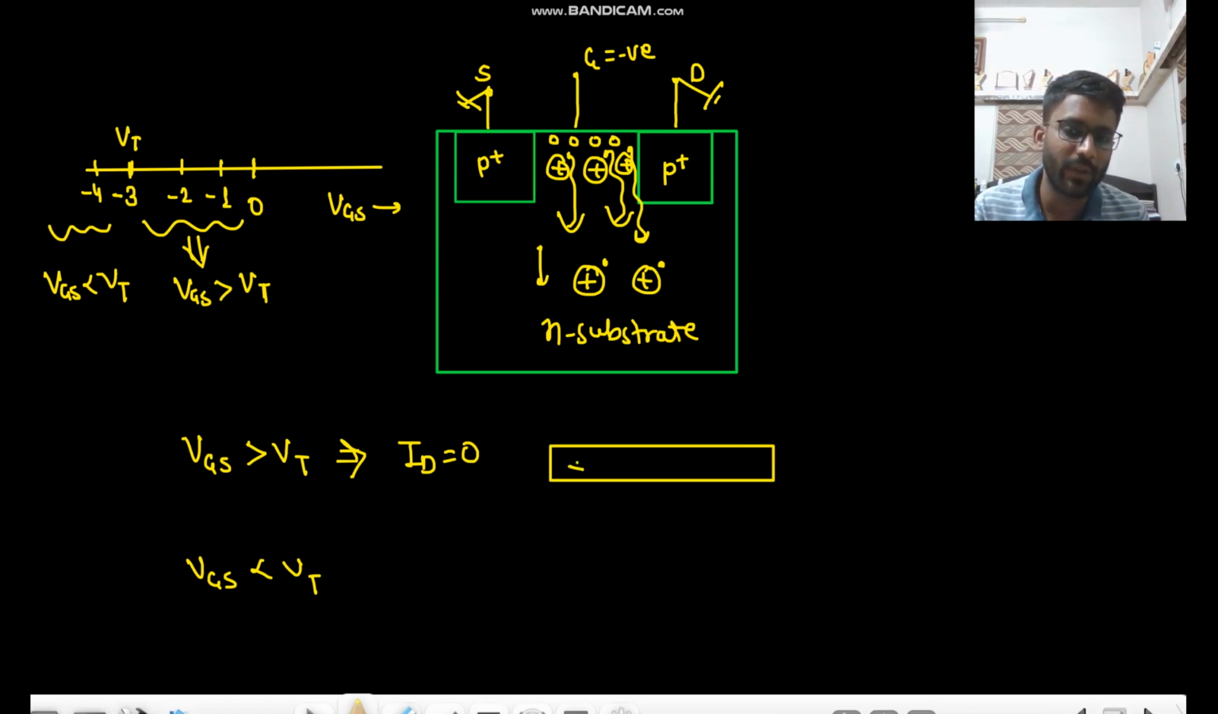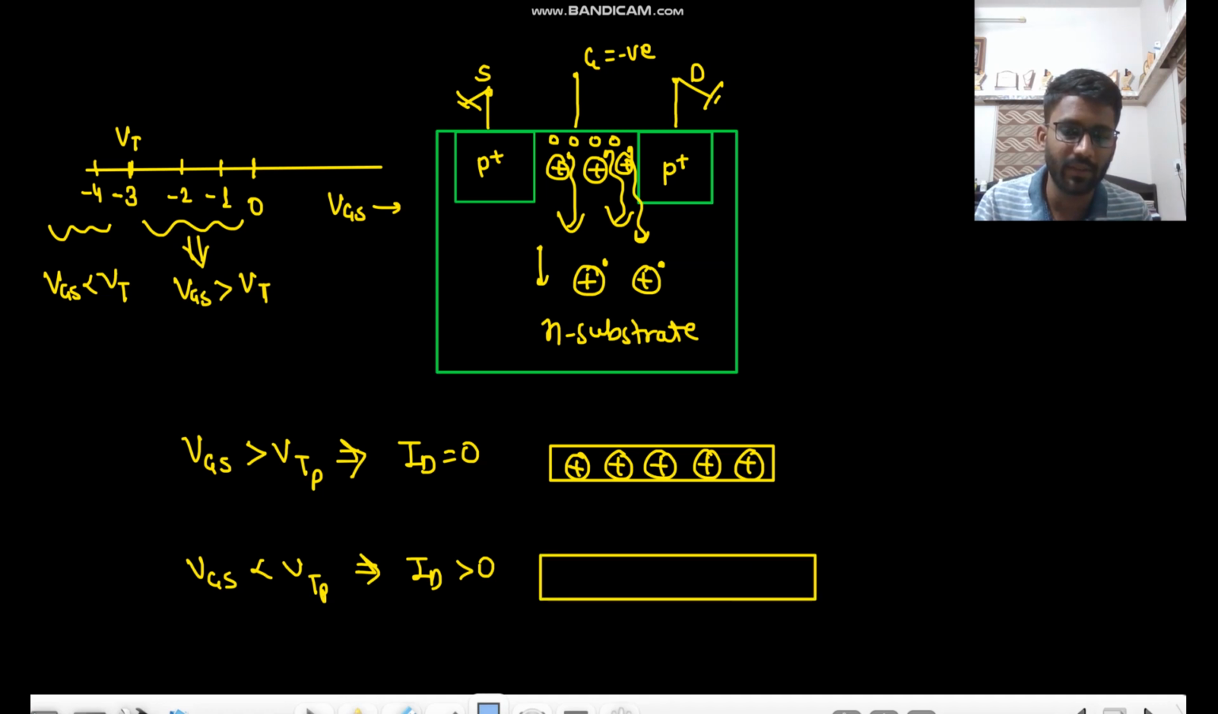At this time you will not have charge carriers, you will just have the positive ions. But when VGS is less than VT, when you are giving more negative value, instead of VT we will write VTP. When you are giving more negative value at gate, you are getting some current. So ID would be greater than 0, and at this point